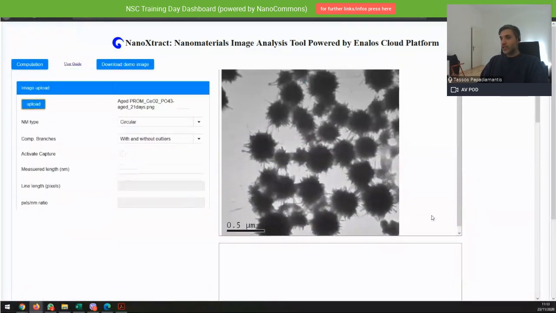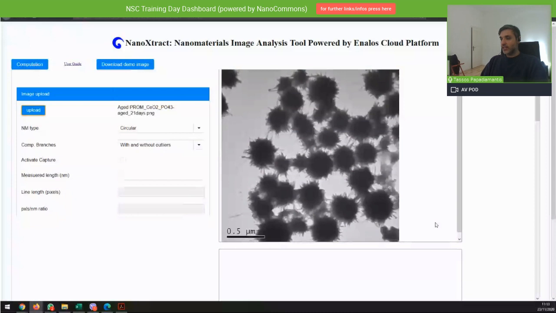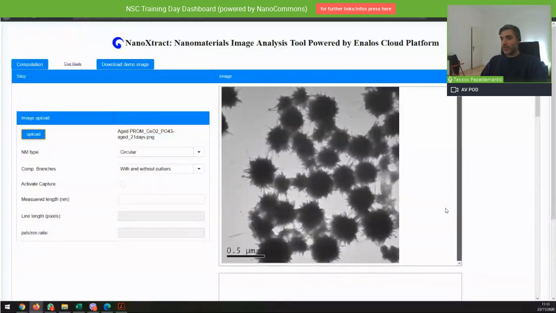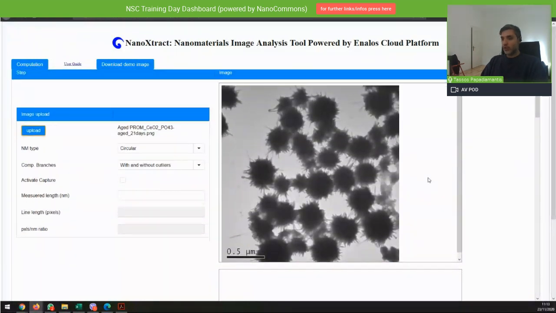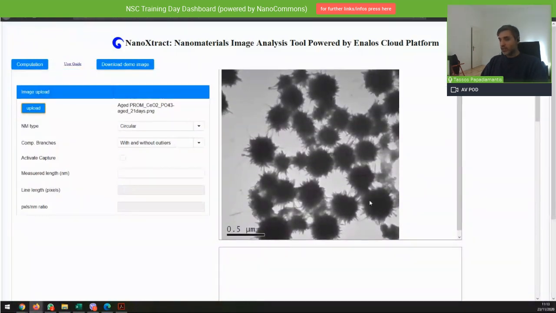Here you see we have this image of the edge nanomaterials. You see the scale bar because the image borderline fits the box. These were spherical nanomaterials that have been aged in phosphate and have taken this circle shape.